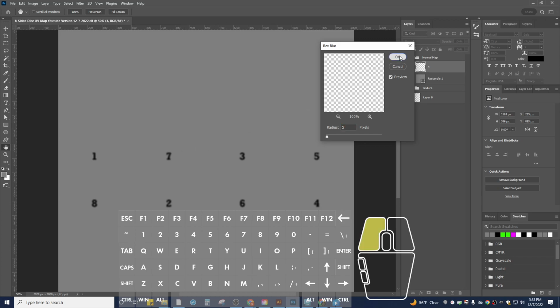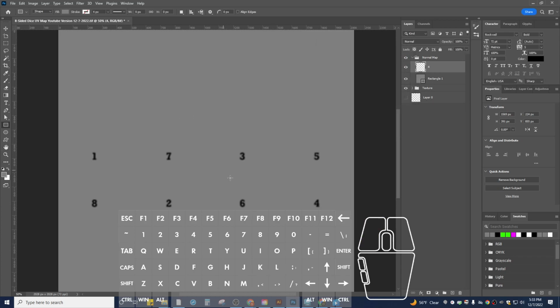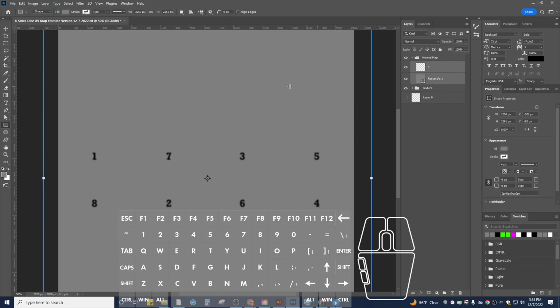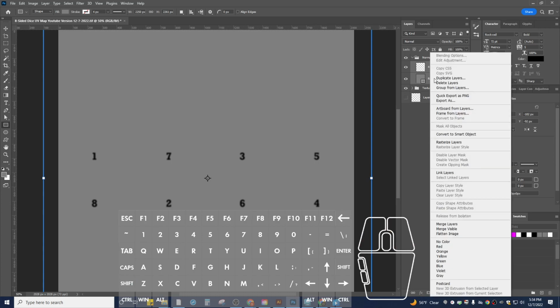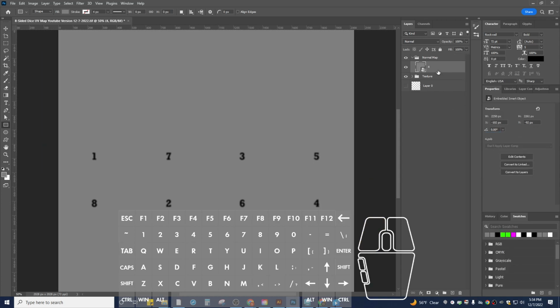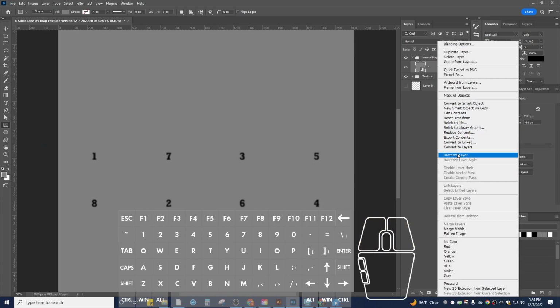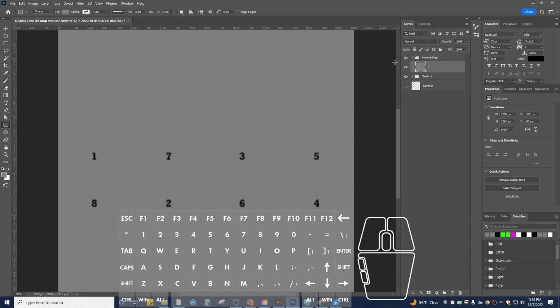So I click OK. So now that I have a black and gray image, this is what we call a bump map or height map. Black represents the lowest level, the gray represents the flat surface, white represents the highest surface. But this is not a normal map. This is more like a bump map. So what we're going to do is take these 2 layers, both the gray and the blacks, and rasterize it, or convert it into one smart object, rasterize it. And now we're going to try turning this bunch of pixels combined with black and gray